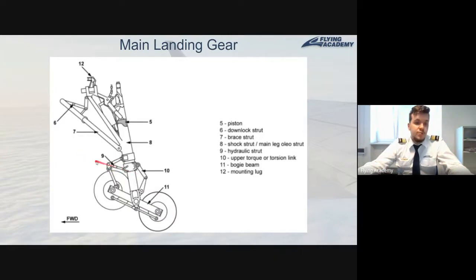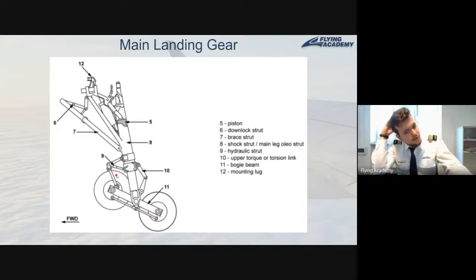When this mechanism is pushing forward, if there is no load on our landing gear, so technically we are in the air, we have lifted off from the runway and nothing is actually pressing on our landing gears, this mechanism will push the front wheel up. Why is this important for us?